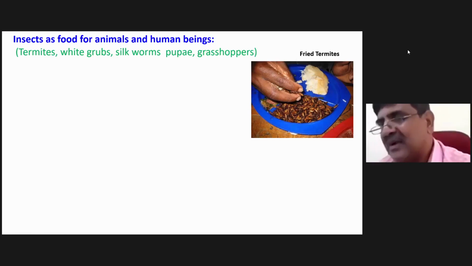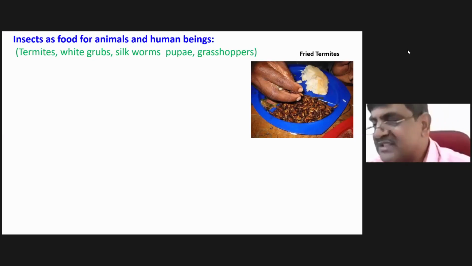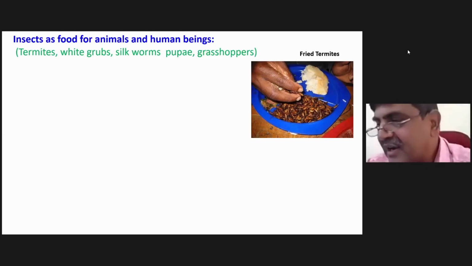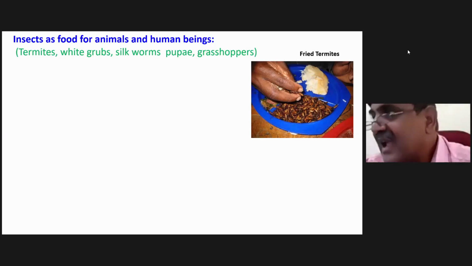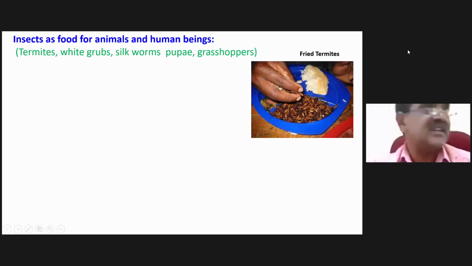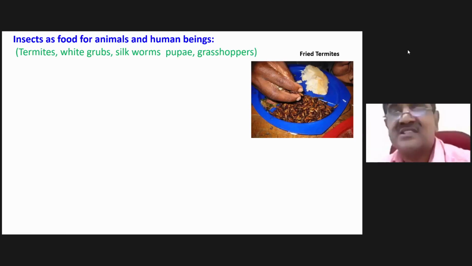You can see some insects emerging from small holes in the ground surface with wings. These termites get attracted to light sources. So the villagers remove their wings, fry these termites, and eat them. If you are from a village background, you might have tasted these termites. These are good sources of protein.